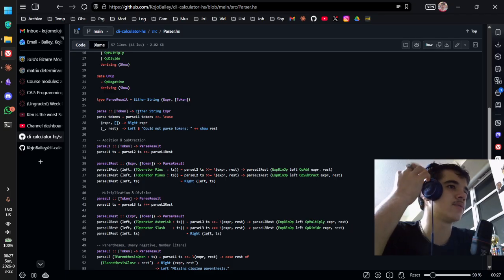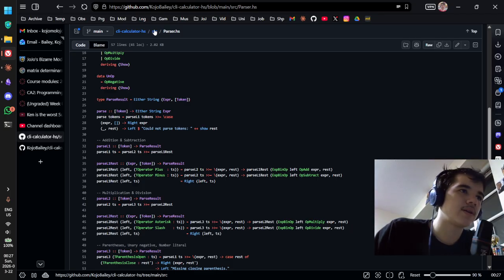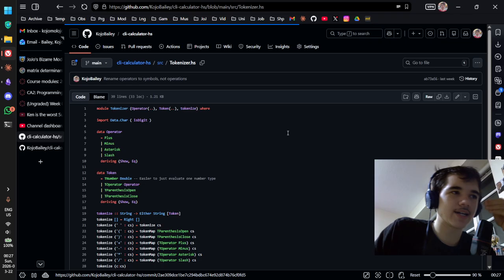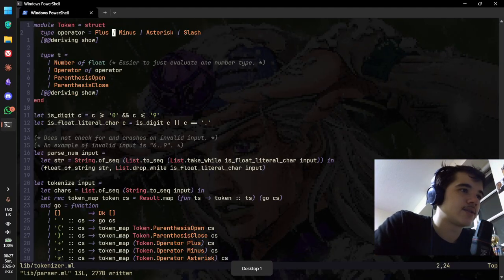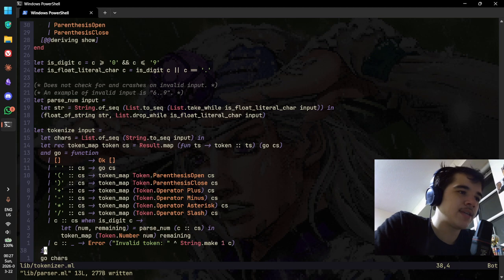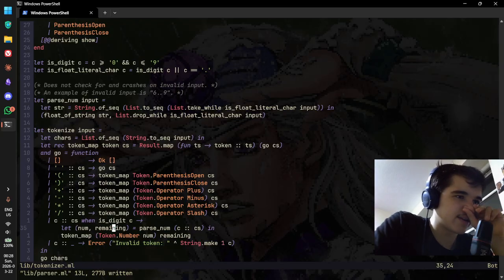I can't remember how I handled errors previously. So if I go back to my tokenizer, because it has been a week, I will just say. So yeah, you don't specify the return type, which is kind of annoying, but whatever. You can see here it can return either